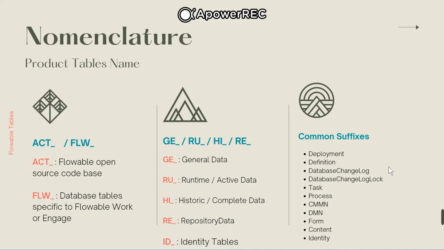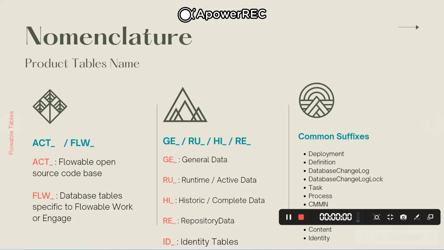After that, we have some common Liquibase tables like database change log. This table is used by Liquibase to track which change sets have to be executed. Similarly, we have the database change log lock. This table is again used by Liquibase to ensure that only one instance of Liquibase is running at a time. We need to note that Liquibase is a Java-based framework for tracking database schema changes, and we have these tables for Liquibase for almost everything: application, tasks, CMMN and DMN, process, form, content.